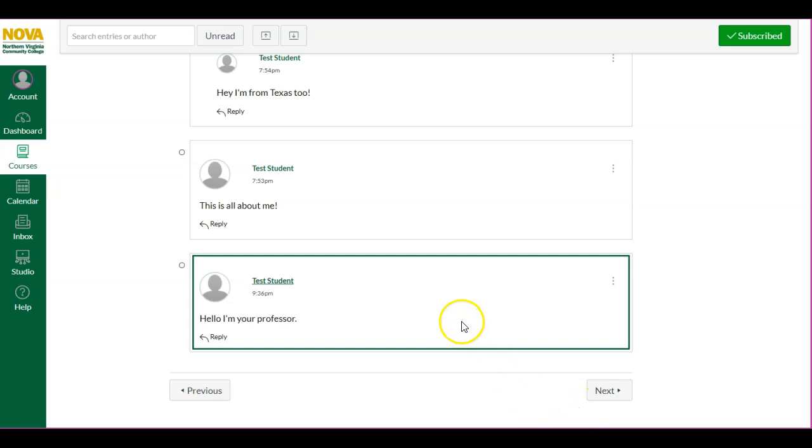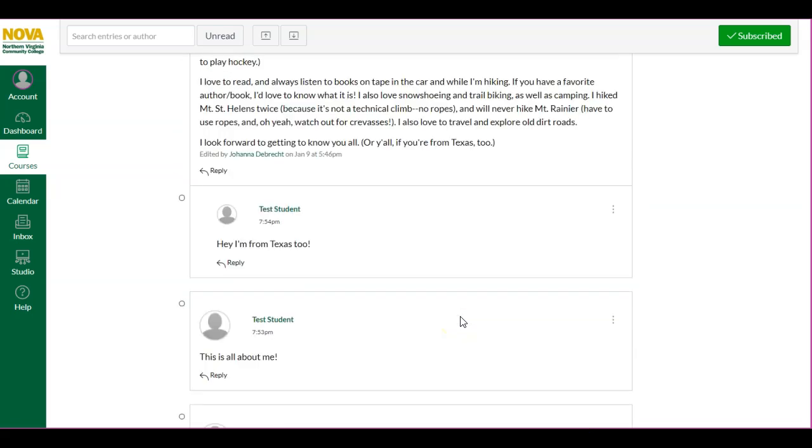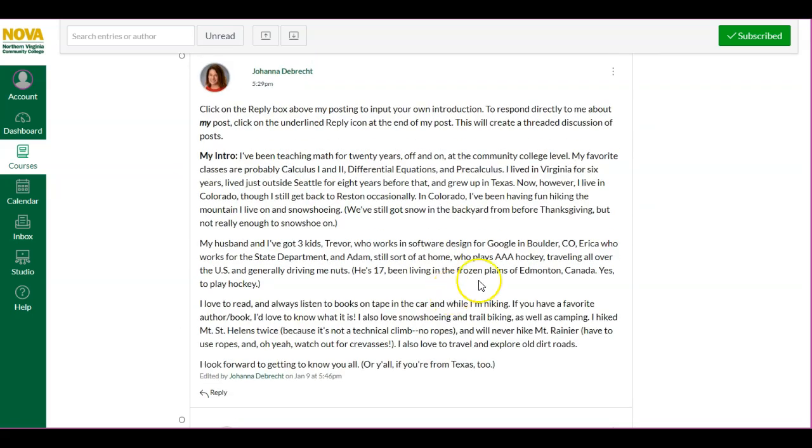After you've clicked on Post Reply, you will be able to see different posts. Here at the top, you will see the post that I created about myself so that you can get to know me a little bit better. If you want to respond to something in my particular post or in one of your classmates' posts about what they wrote about themselves,